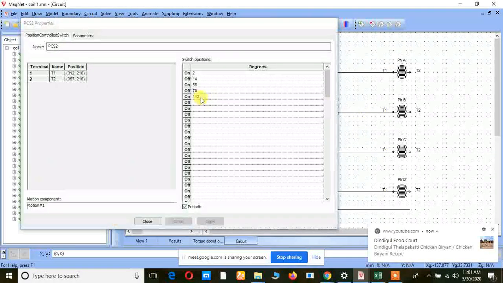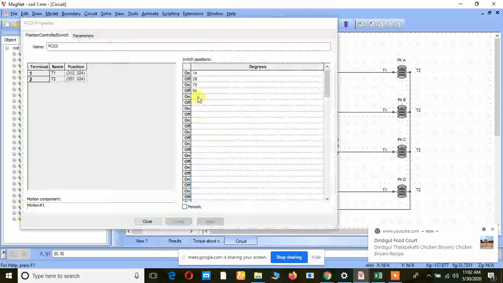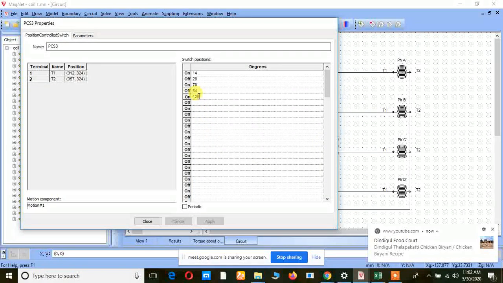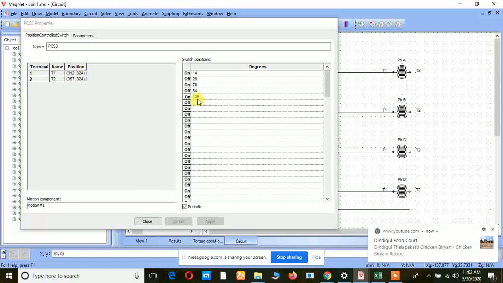So 112 plus 14 is 126. So here it should be 126, and give periodic. Adding another 14, 126 plus 14 means 140.